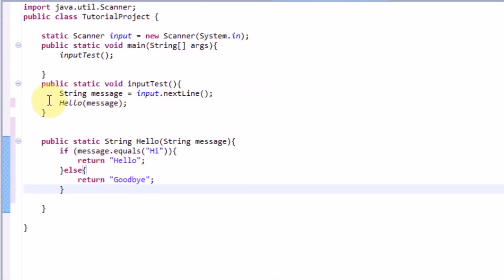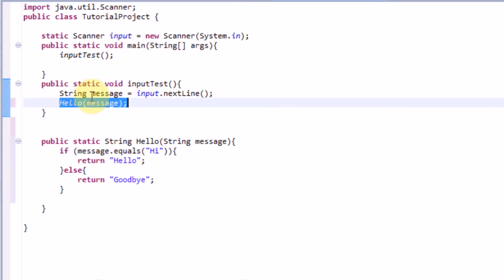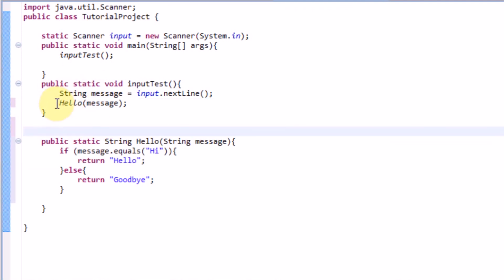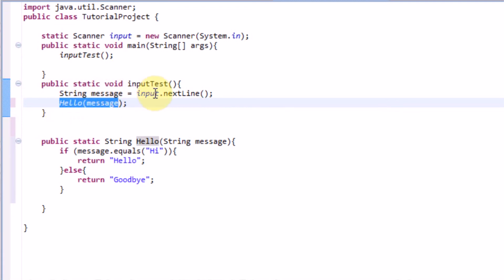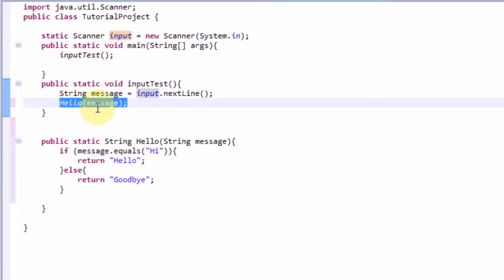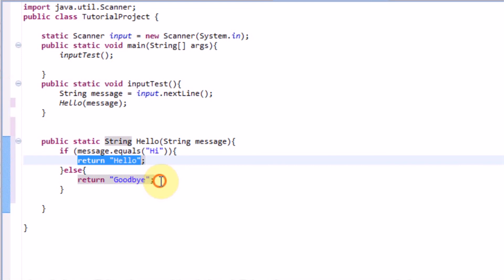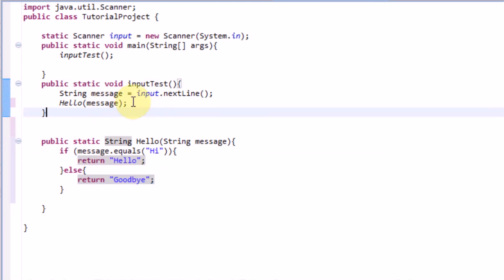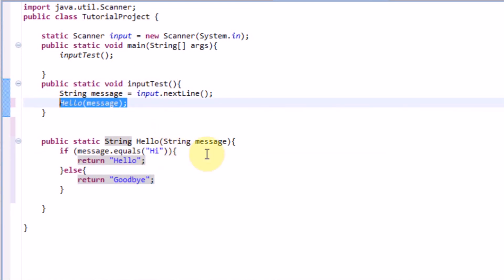So what it does is that actually calls in the method. So just by typing in this, we're sending this input to this, and it automatically activates. However, if we just use this line, we are not making good use of our return functions, which actually return something. So what we can actually do is type in